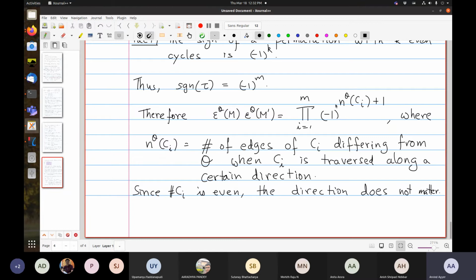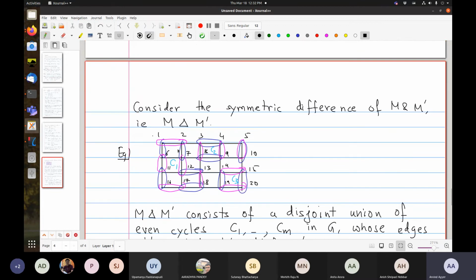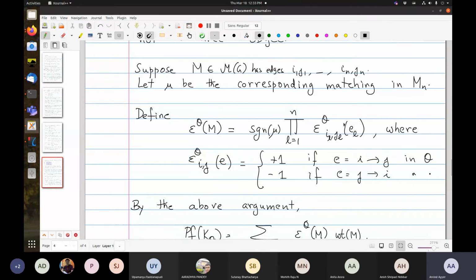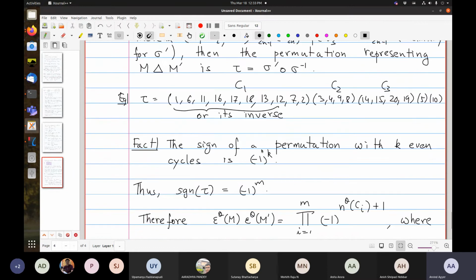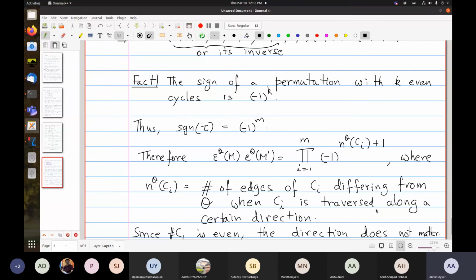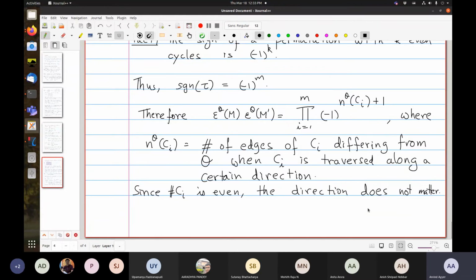So why is this? Let's look at this. You get a sign from each of these edges, either positive or negative. That was the contribution from here. And the sign from mu is that for every such cycle, I get a sign of 1, and there are m of them. So this (-1)^m, I've just distributed. I've given one sign to each cycle, instead of putting a (-1)^m times (-1)^(NO of Ci), I've just written it this way. Is that clear? So this is the total contribution of the sign.